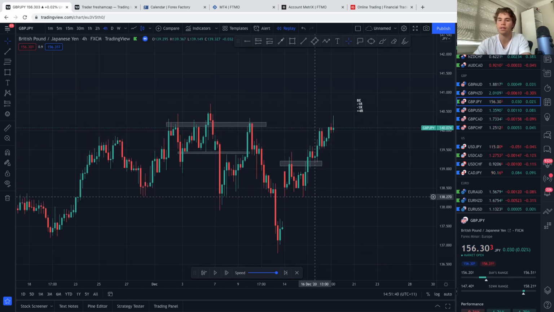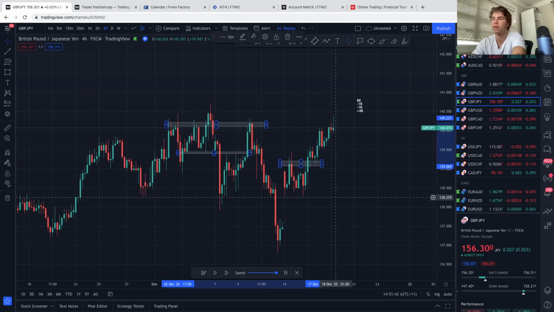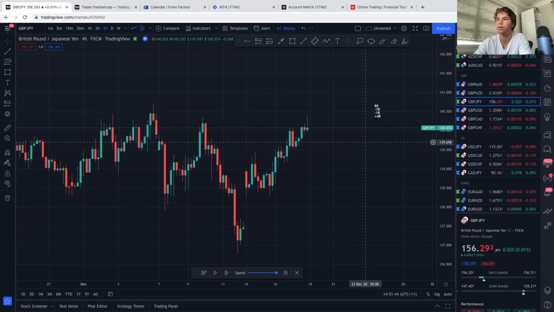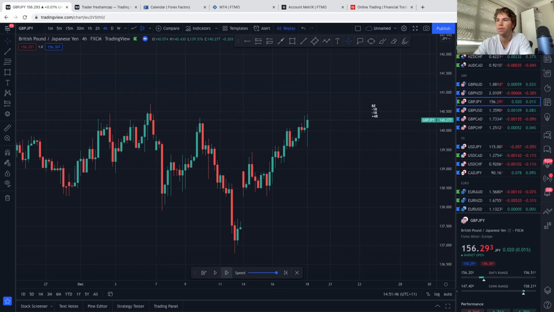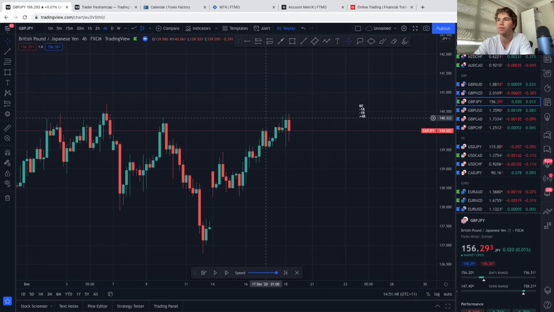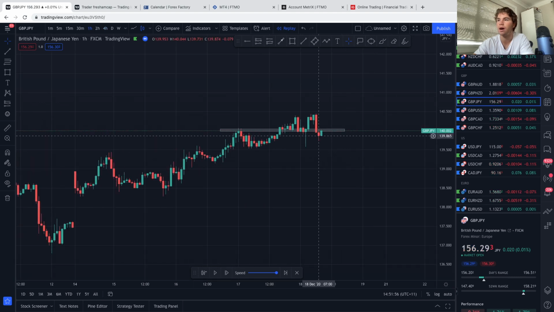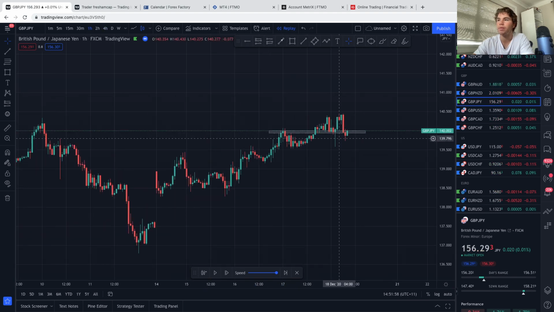Okay, let's actually clear this. It's a whole new market structure, so I'm not concerned about all that to the left. Okay, so this is something to trade off. Okay, a nice little higher high, fail to make a new high, then we get the breakout. Now we see a retest. Maybe not the best structure this